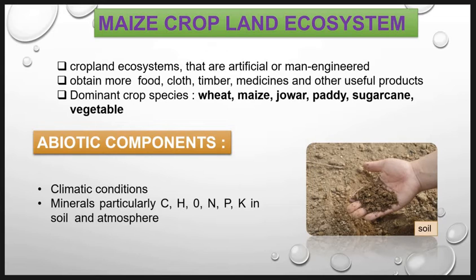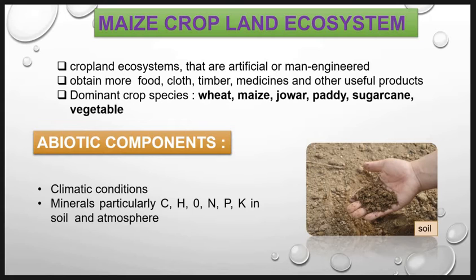In the previous lecture, we studied the natural ecosystem, that is the forest ecosystem and aquatic ecosystem. Natural ecosystems are self-regulating systems without much direct interference and manipulation by man. However, in nature, we also find another kind of ecosystem where man is very much involved in their operations. These are the cropland ecosystems that are artificial or man-engineered, where in order to obtain more food, cloth, timber, medicine